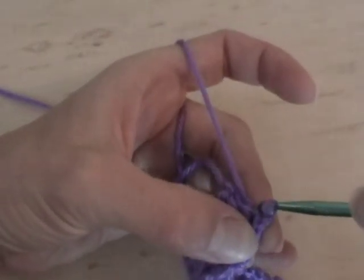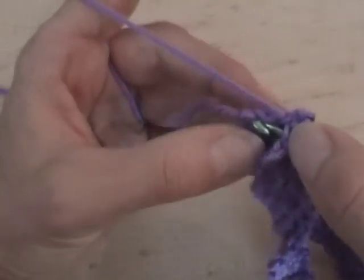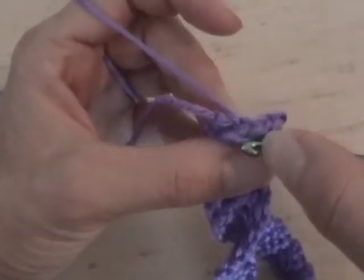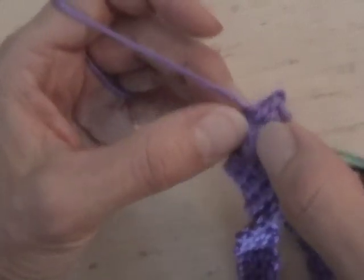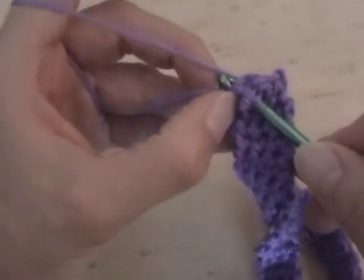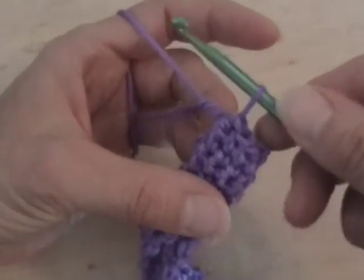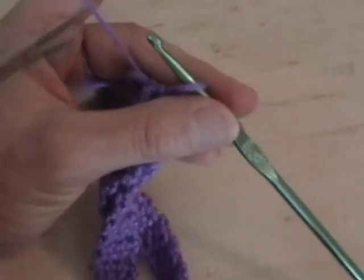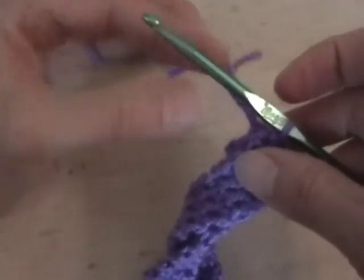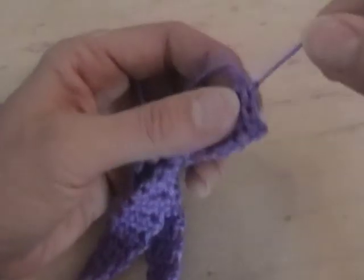So you work 3 slip stitches, 1, and I'm picking up both parts of that stitch like we have, 2, both pieces of yarn on this end and both on that end. So I've got about 4 pieces of yarn on my hook to slip stitch that through. Now cut my yarn and pull it through. Pull it tight,